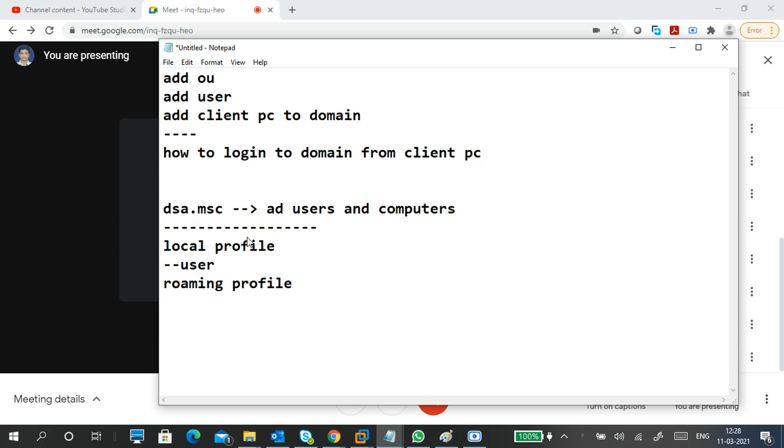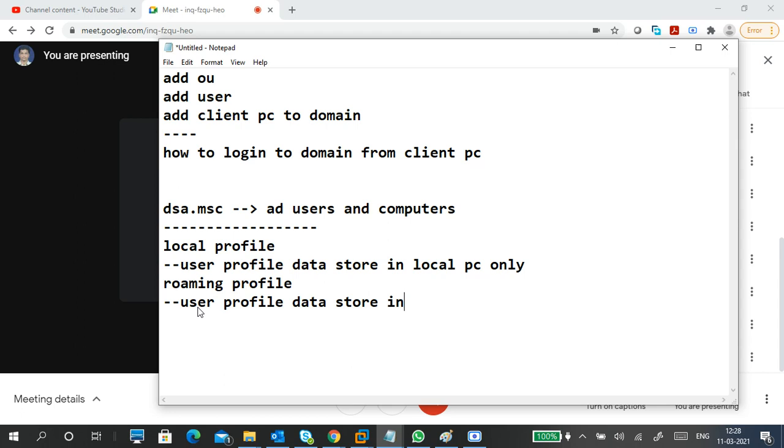User data is stored in the local PC only. Okay. Next, roaming profile. User profile data is stored in